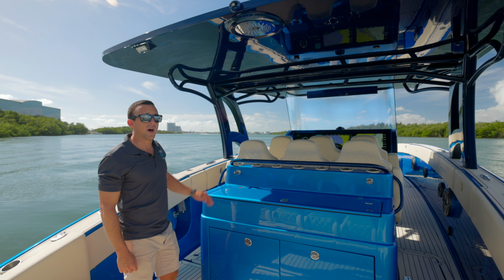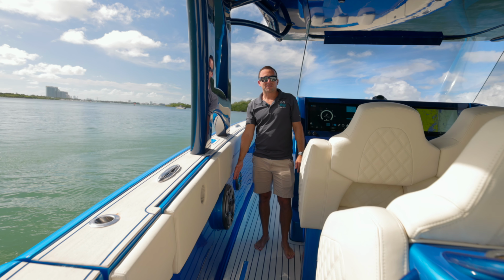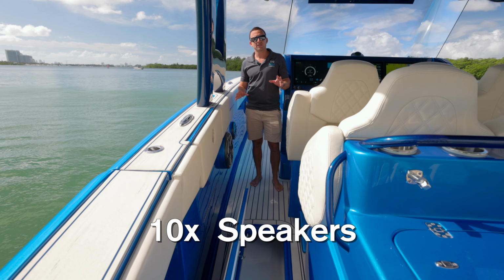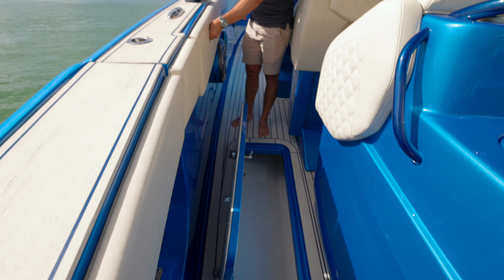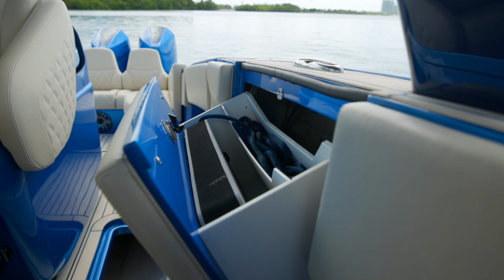Specific to the Solstice model, hardtop is extended for optimal shade. Walking by this massive subwoofer here, we have JL audio speakers throughout. We have 4 12-inch subs, 10 speakers, along the fast and loud theme. Floor storage, both port and starboard, and unique here are these gunnel storage compartments, both on port and starboard, and